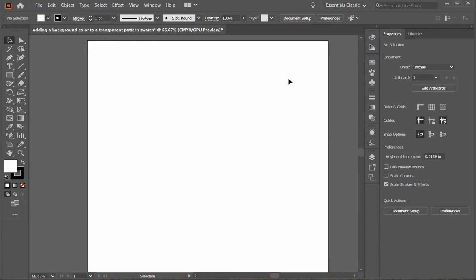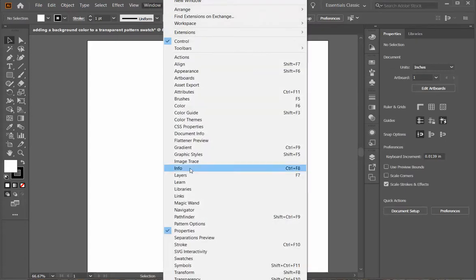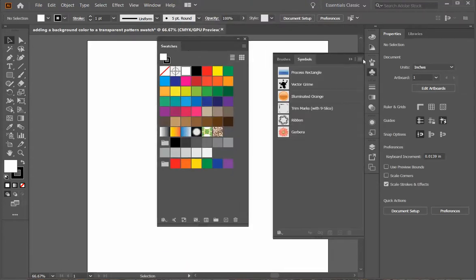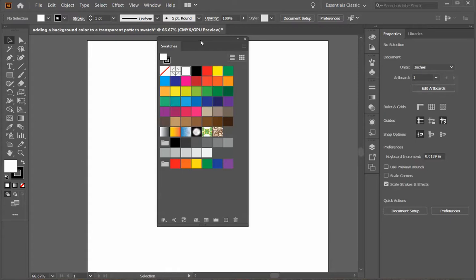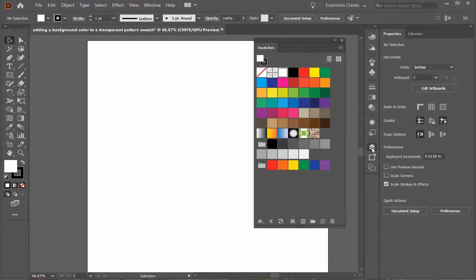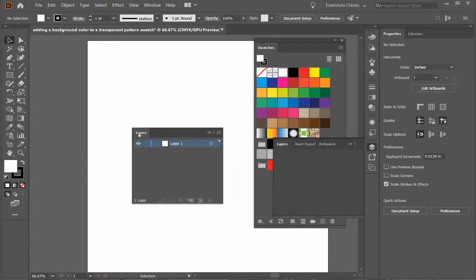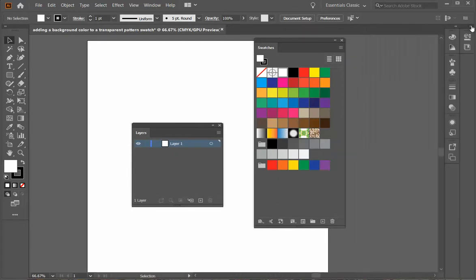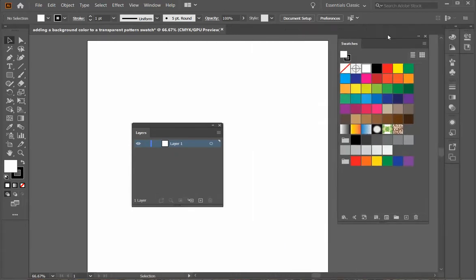So there's a couple panels that we're going to use. One is a swatches panel. So if you don't see it, it's also under Window, Swatches, somewhere here, right? There it is. And the other one, I'm going to tear this off, but just pull it. And the other one that I want to use is the layers panel. So I'm just going to pull that one out too. And then I'll collapse this up so I have these. Okay, so my layers